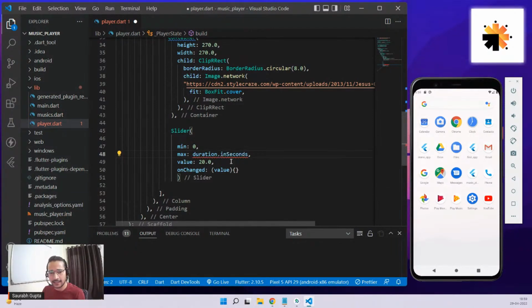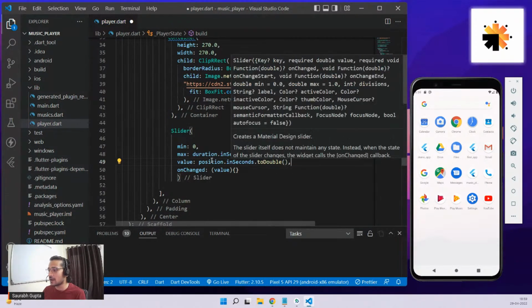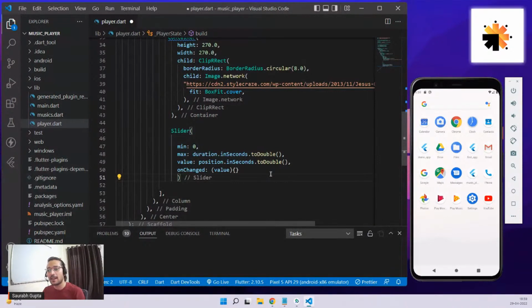Okay, in seconds dot toDouble. So the minimum for the slider is 0, which means initially it will be 0. Maximum is whatever the duration of the song is, and your value will depend on the position of the song, how much it has played. So for that, position dot inSeconds dot toDouble. I'm telling this slider how its value will depend. By default, your minimum will be 0. Your maximum will be the duration of the song. That's why duration dot inSeconds, and the current value will depend upon the position